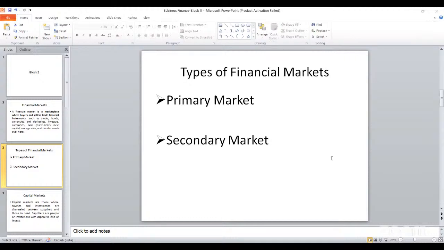Have you heard about the New York Stock Exchange, the Bombay Stock Exchange, BSE, NYSE, then you have the London Stock Exchange, Tokyo Stock Exchange, Nasdaq. All these are your secondary markets, wherein they deal with securities in lieu of deposit of